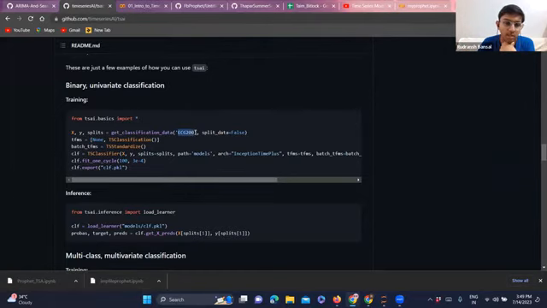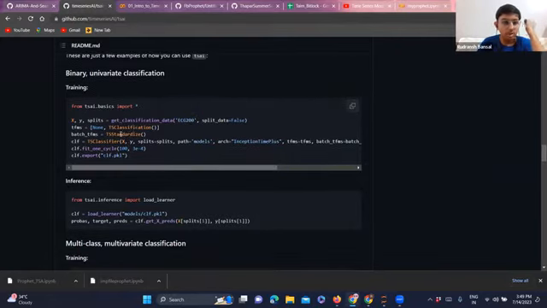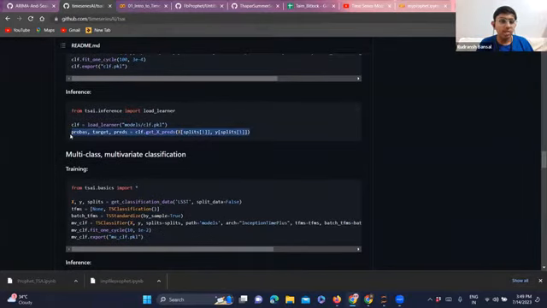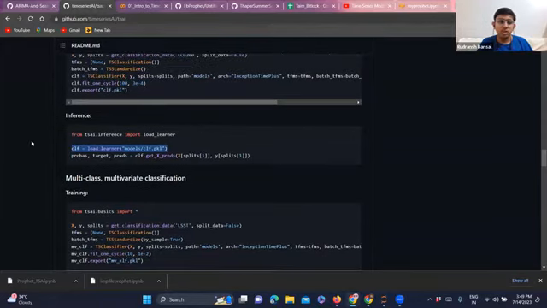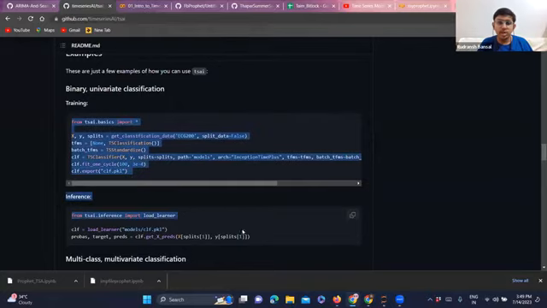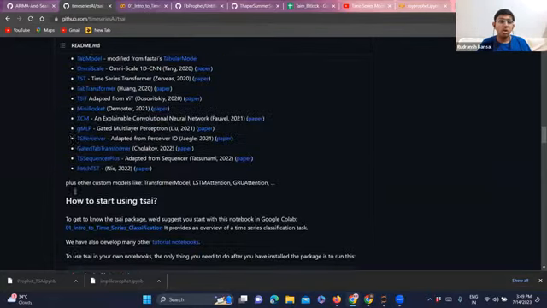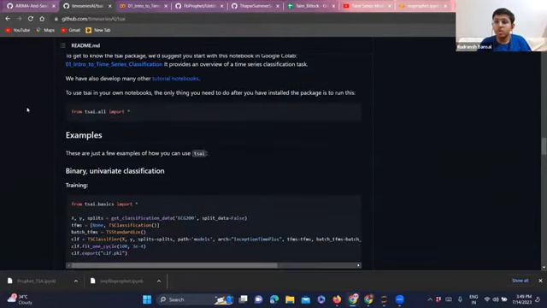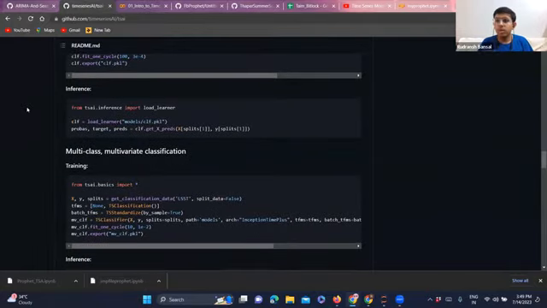Here it applies on ECG data. What this tsai library also has is a large number of datasets. So this is ECG data on which you can apply your model. You are applying an InceptionTime Plus model, a simple time series classification, and we're exporting the pickle file. And here we are generating the predictions. We're just loading the pickle file in the load learner, and we are generating the answers. As simple as that. Just these few lines of code can get you a result, with all these complex models which you would find harder to implement by yourself with more lines of code.